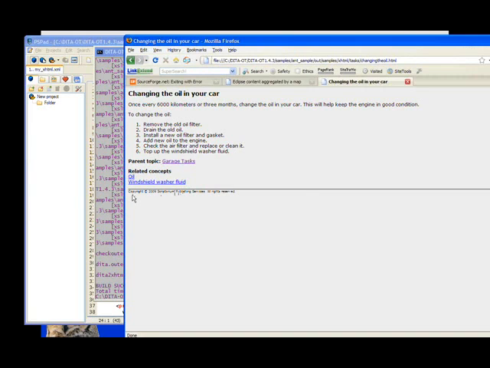And we're done. So let's take a look again at our output file. So now we're going to refresh this display. And as you notice, down at the bottom we have, in very small type, copyright 2009 Scriptorium Publishing